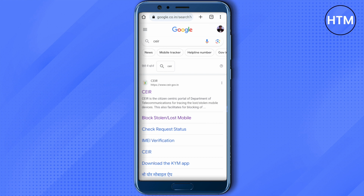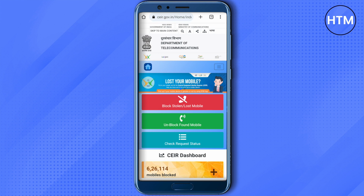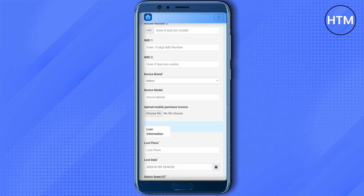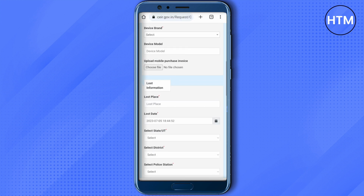And in order to file the complaint, just type CIR on Google, then open up the official website. After that, you will find the option of block stolen lost mobile. Just click on it, then scroll down, and over here you need to provide your mobile number and also IMEI number. And if you have the dual SIM mobile phone, then provide second IMEI number, then provide other details related to your lost mobile, and this way police will be able to help you out,